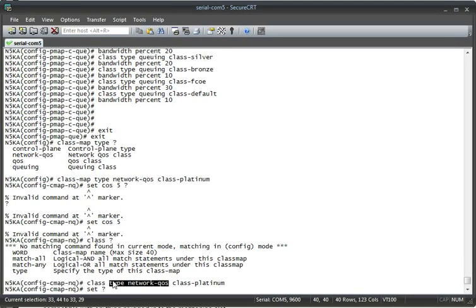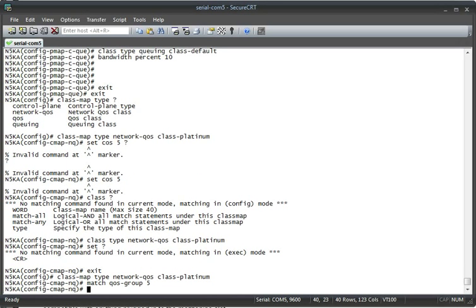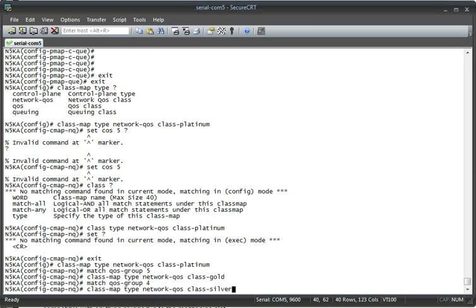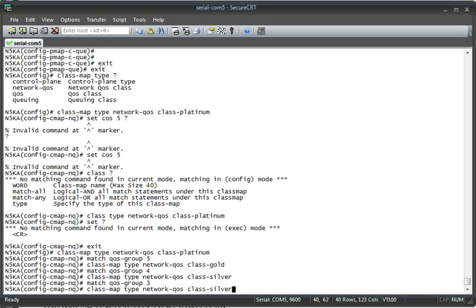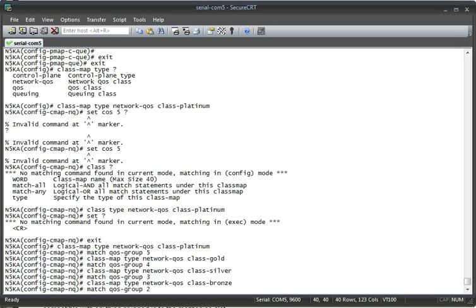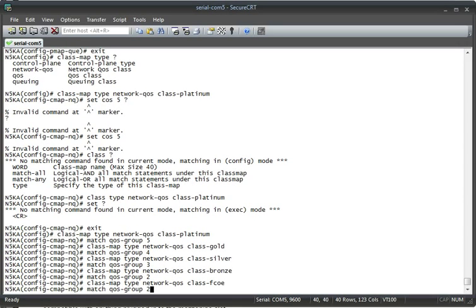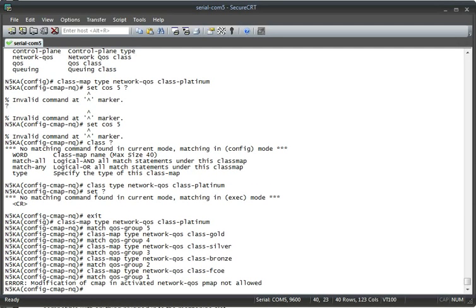We can use the class maps that we're matching based on QoS group, because QoS group is a way to interject traffic between types of class maps. So we're matching based on QoS group just like the other types of class maps did, which is cool because network QoS class maps or policy maps do completely different things than type queuing. We're basically creating the exact same class maps that we did before, but they're just the network QoS type. And if you look, the class FCoE is actually currently in use by the existing policy map, so